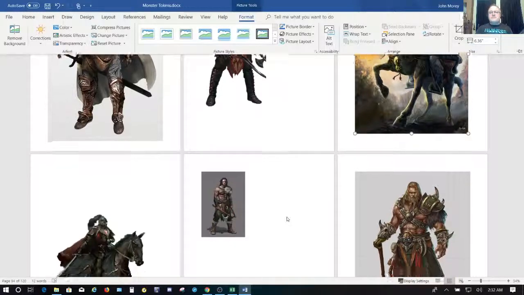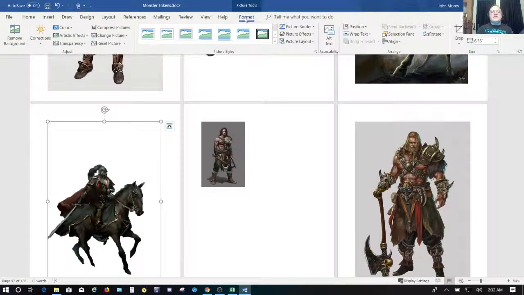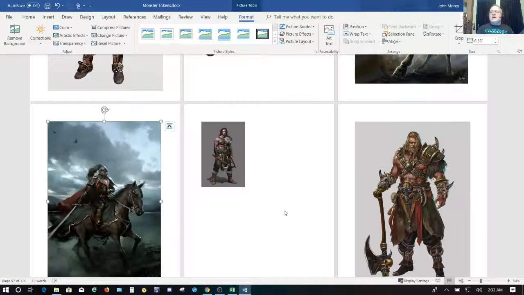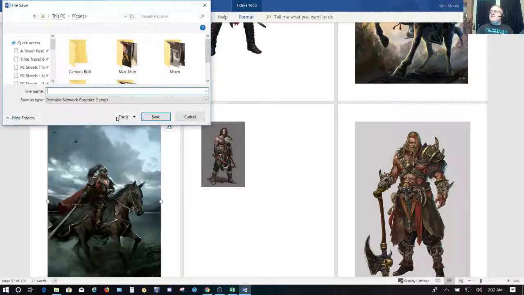But you just save it wherever you want to save it. That's what I do with mine. Like I said, you click on format and reset picture. I believe I saved the one already. In fact, I think I saved both of them. Save as picture in